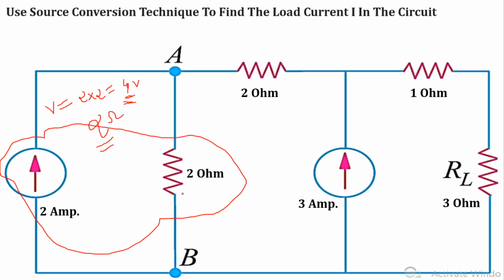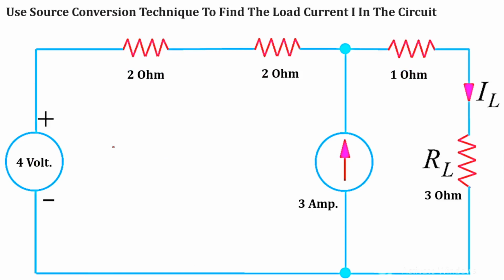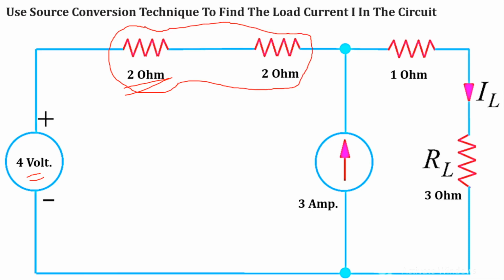So next step, we will replace this current source with this equivalent voltage source of 4 volt, and we will remove the parallel resistance of 2 ohm, and we will replace that resistance with a series resistance of 2 ohm. So this is the 4 volt voltage source, and this is the 2 ohm resistance in series with this voltage source. Now next step is, we can replace these 2 series resistances with a single series resistance, and we know that when resistances are connected in series, their equivalent resistance will be equal to their addition. So 2 plus 2 is equal to 4. So we can remove these 2 resistances and we will replace them with a single resistance of 4 ohm.